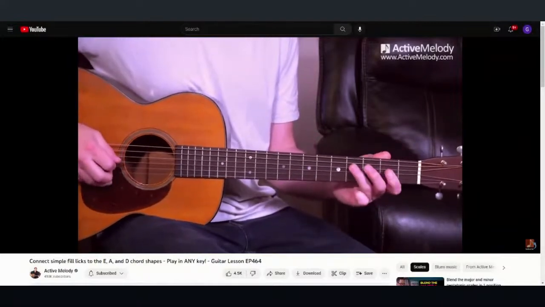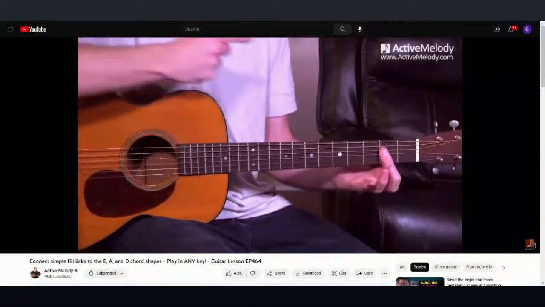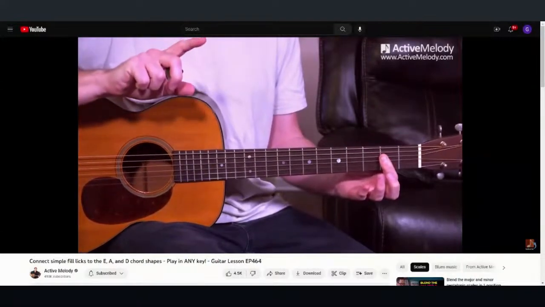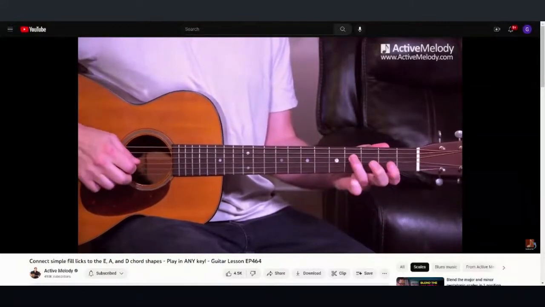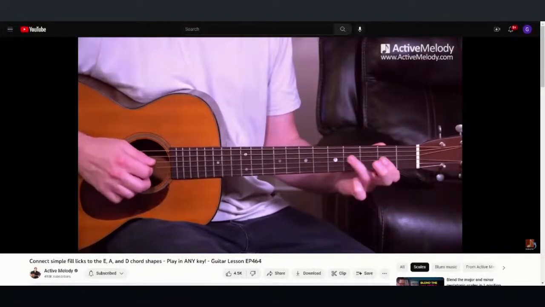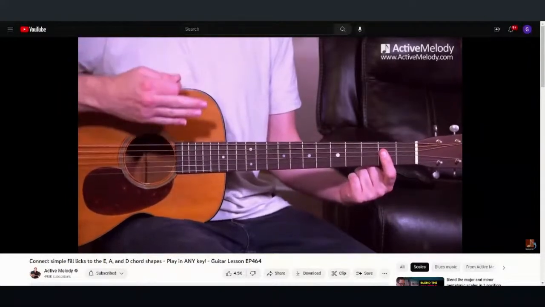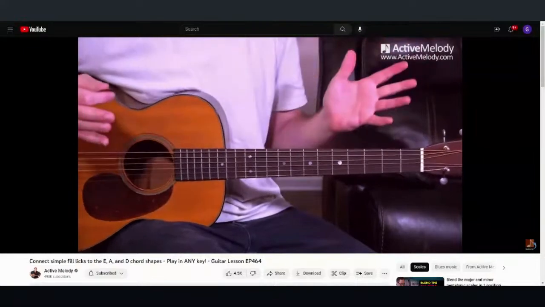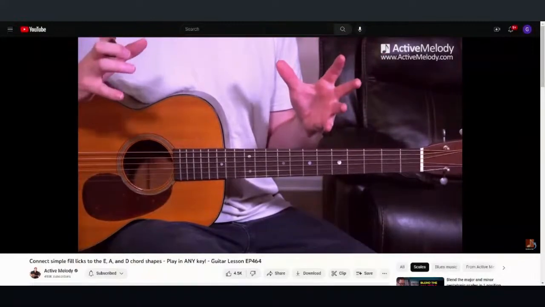But this lick, I want you to connect that lick to this chord shape. And here's what makes that easy: your major pentatonic scale, pattern 1, is right there, and then your chord is right there. So your chord is actually inside of major pentatonic scale pattern 1. Now I know I've covered that many times, and probably most of you already know that, but there's somebody out there that is realizing that for the first time.